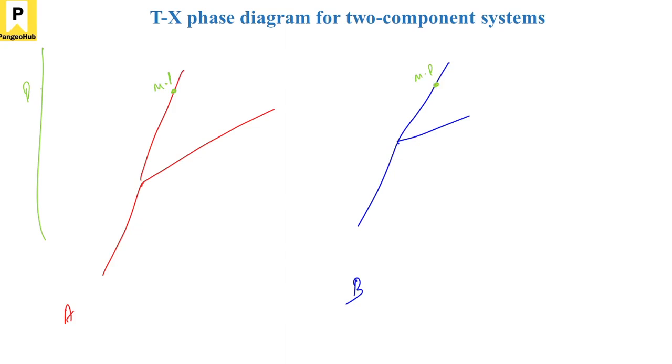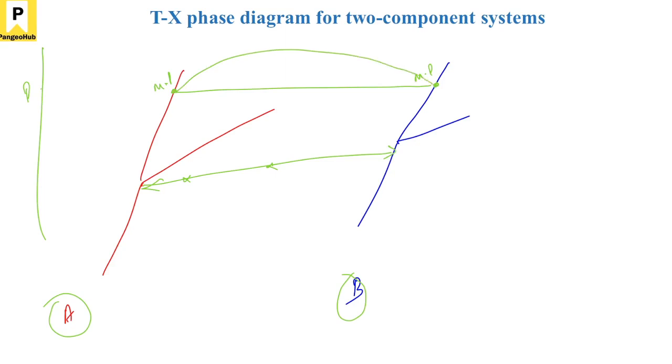What I am interested in is finding the melting point of the intermediate compositions, which is this one, A to B. How is the melting point going to vary if I take a composition which is somewhere here or somewhere here? So this is 100% A, and on the right side we have 100% B. I'm talking about taking a composition which is intermediate between A and B and trying to find out how the melting point relation is going to change. Is it going to be a straight line, or is it going to be curved or something? We do not know. So this is what we are interested in.